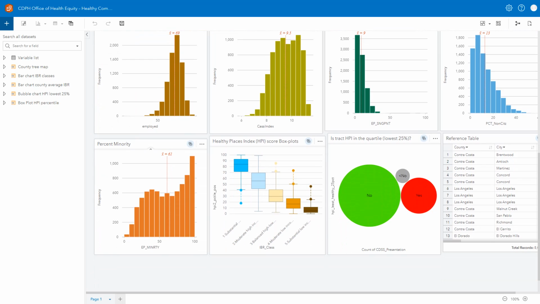Starting with the box plot and whiskers, the first quartile, median, and third quartile values are displayed here for the percentages of tracts with given HPI values. HPI stands for Healthy Places Index. In the absence of any selections on any of the other 13 cards,